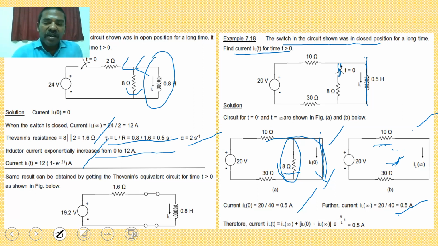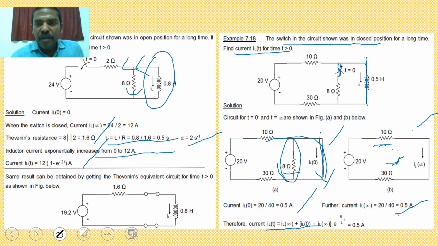So the total inductive current is equal to the inductive current at infinity plus, at t greater than 0, the initial value minus the value at infinity, times e power minus t by tau. So from that you have to write 0.5 plus 0.5 minus 0.5 e power minus